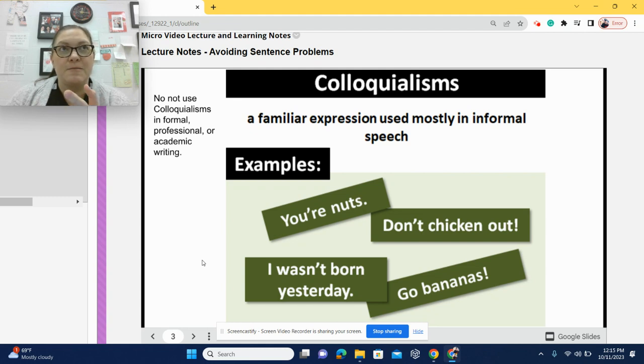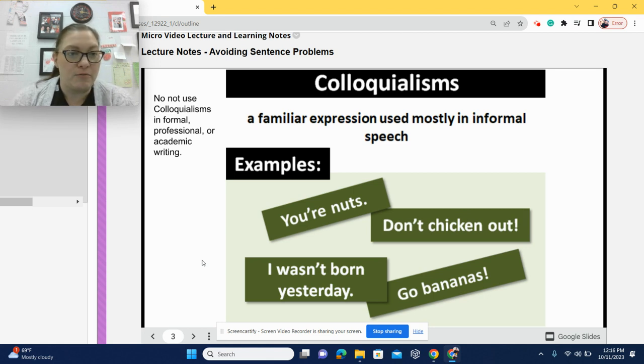We can use more mature wording and vocabulary to express our thoughts and feelings in an academic or professional setting that don't include colloquialisms. Plus, colloquialisms can really be non-inclusive, because for instance, I'm from Missouri. So a colloquialism might be, we're going to have our admin meeting on Thursday, Lord willing, the creek don't rise, right? If you're from Southeast Missouri, you might know that that means, okay, we're going to have our meeting unless it rains so much that there's a flash flood and then we can't get out of our driveways and then we can't get to school.